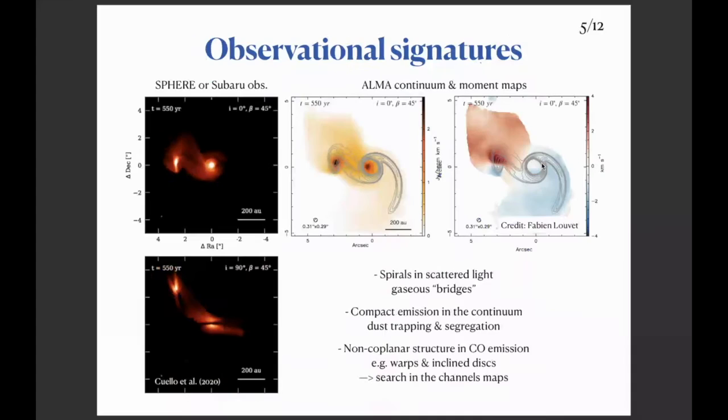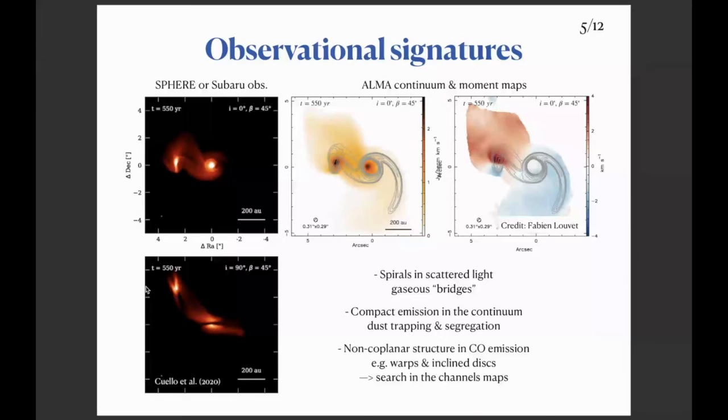And then using those simulations, we construct a realistic disk model, which allowed us to do synthetic observations. So here you have the example I just showed for a SPHERE-like observation, and moment 1 and moment 0 ALMA maps here in the middle and on the right. And here you see the continuum lines. This is the continuum emission from the millimeter dust, let's say. And here you see the edge-on view of this system.